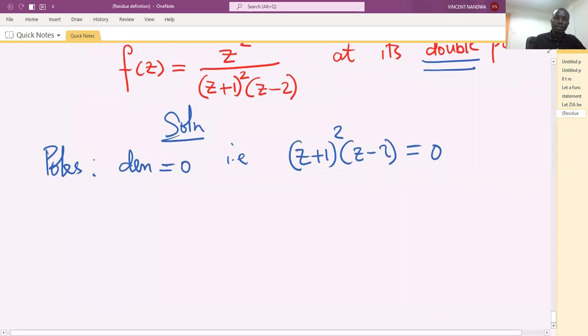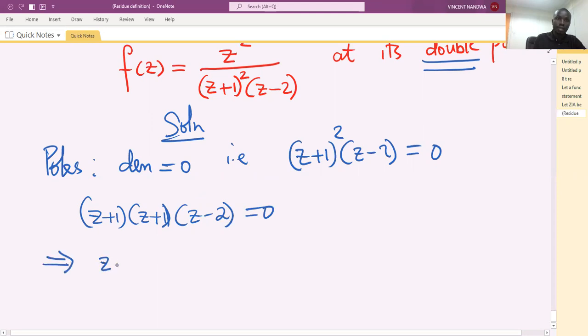So when you do this, we have (z plus 1)(z plus 1)(z minus 2) equals 0, which means z equals negative 1, z equals negative 1, and z equals 2 are the poles,